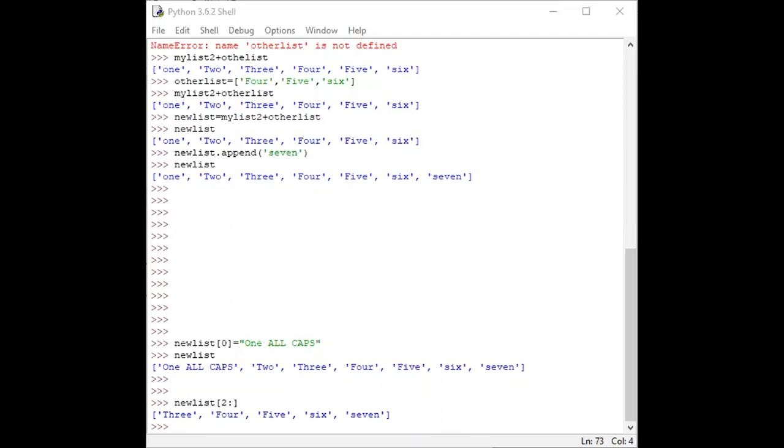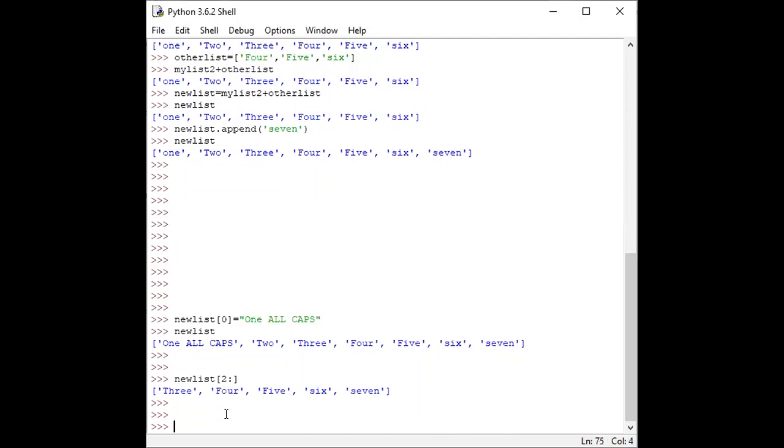Similarly, we can pop different values of the list. For example, I have a list now. I name it list 4, and I want to pop from new list, dot pop.